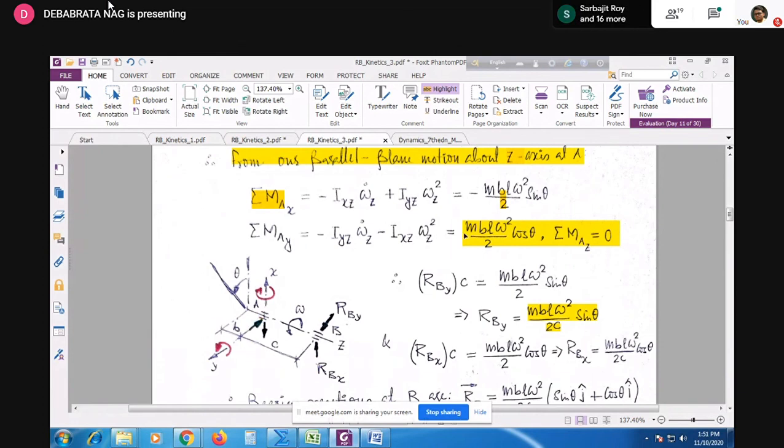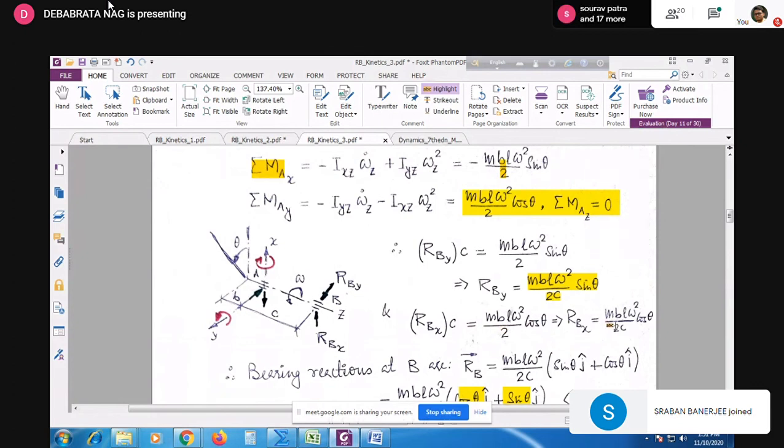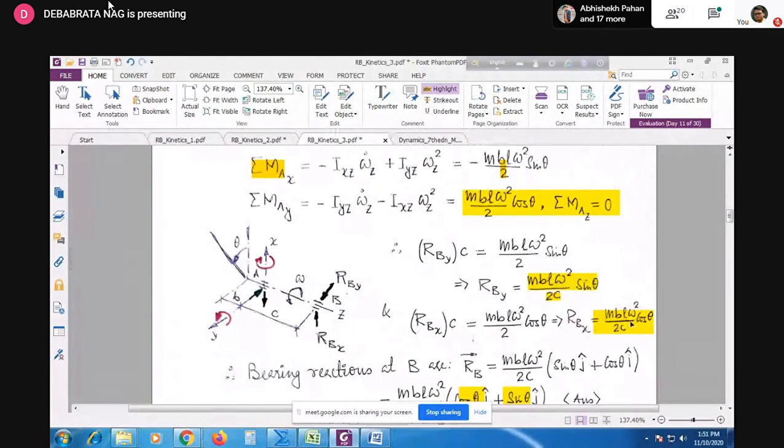কেন পজিটিভ বলছি, because here we have a positive sign, অন্তত আমি এখানে একটা প্লাস সাইন দেখতে পাচ্ছি, so that's why rbx is shown in the upward direction. না দেখালেও কিছু যায় আসে না, তুমি উল্টো দিকে দেখিয়ে মাইনাস সাইন পাবে, এই হচ্ছে ব্যাপার। তো যাই হোক rbx into c is this, তাহলে rbx এর ভ্যালু পাওয়া গেল, this is your rbx ভ্যালু, so rbx বেরিয়ে গেল, rby বেরিয়ে গেল, তাহলে বেয়ারিং রিঅ্যাকশন এট পয়েন্ট বি কি দাঁড়ালো